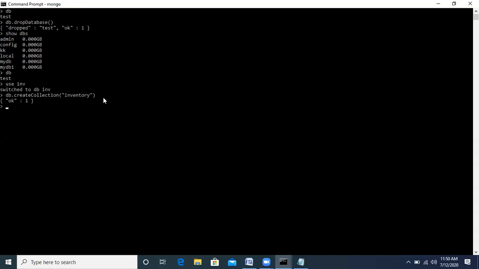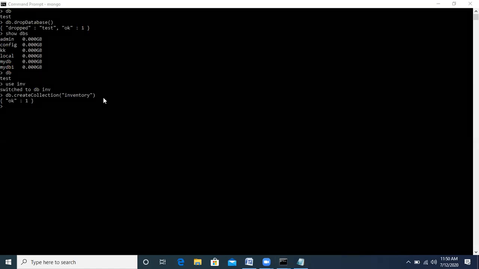So it has created a collection named inventory. Inside the database inf, we have created a collection named inventory.